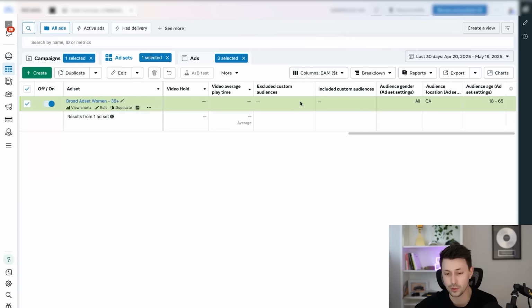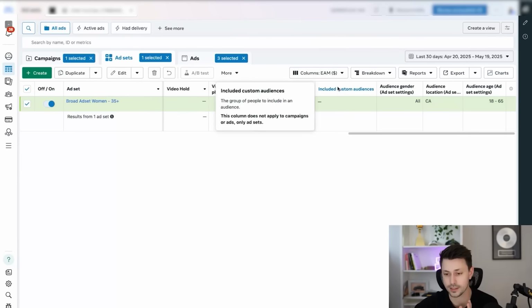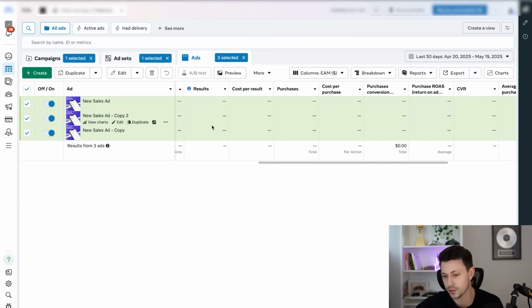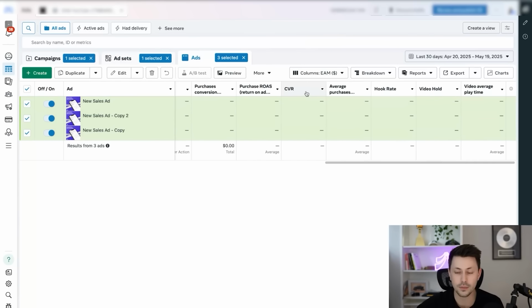And this is going to be super common when we get into the excluded audiences and the included audiences, because we see so many times media buyers accidentally include audiences rather than exclude them. So it's very, very important that you have this here so you can see the data on the ad set level. And then again, from the ad side, there's no data here, but just know that